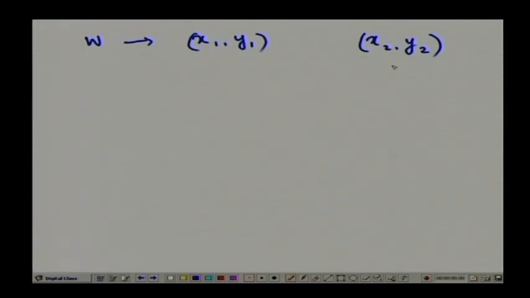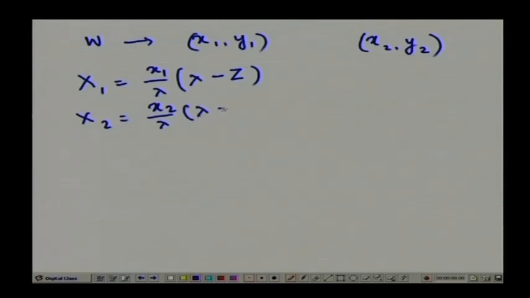Now, by applying inverse perspective transformation, we find that the equation of the straight line with respect to the left camera on which point w will lie is given by capital X1 is equal to x1 by lambda into lambda minus z. Similarly, with respect to the right camera, the equation of the straight line on which the same point w will exist is given by capital X2 is equal to x2 by lambda into lambda minus z,